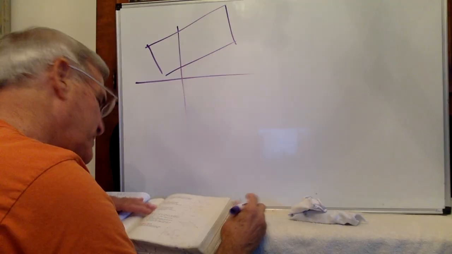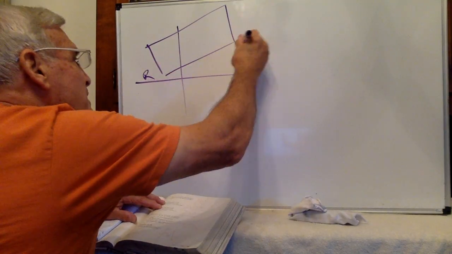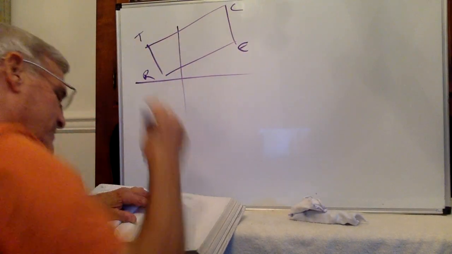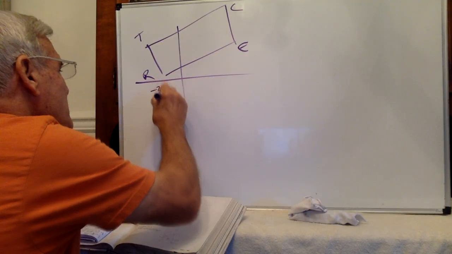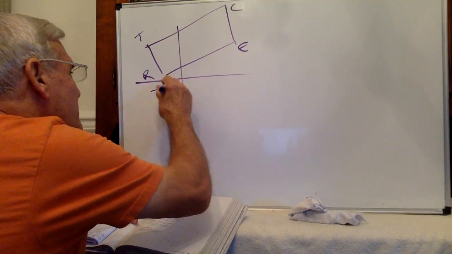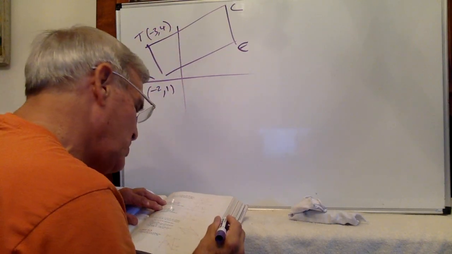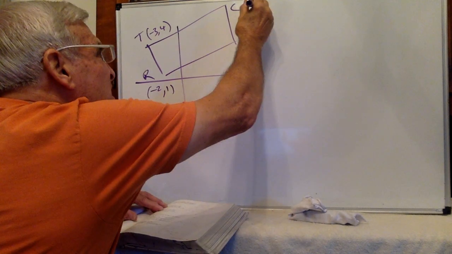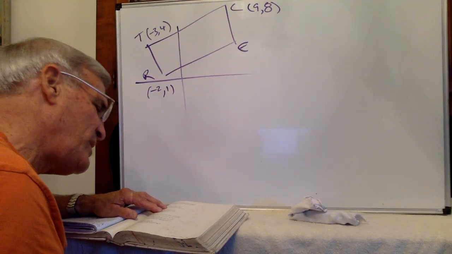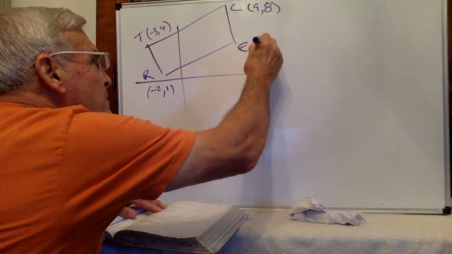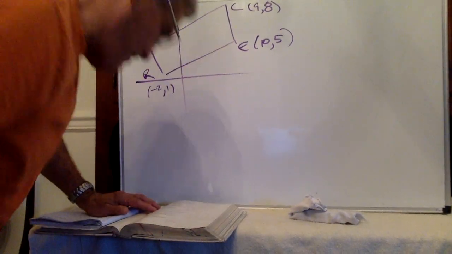They told you that R is the point -2, 1. This is the point -3, 4. Point C was the point 9, 8. And point E was the point 10, 5. Okay, and they said that